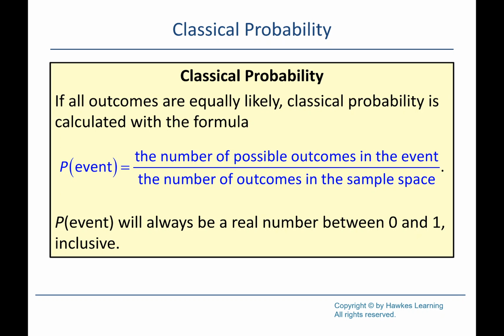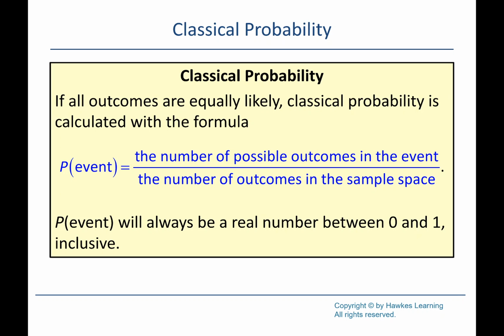And the idea with classical probability, the thing that sets it apart, is that you can think about it as theoretical. We have an idea of what the probability of each one of the outcomes is going to be. So then we can calculate that and divide it by the total number of outcomes possible in the sample space. It'll be a little easier to see the difference once we see the other type of probability.